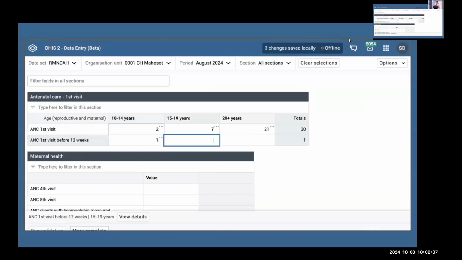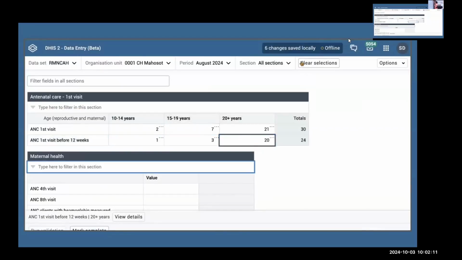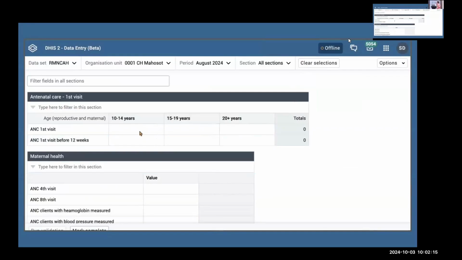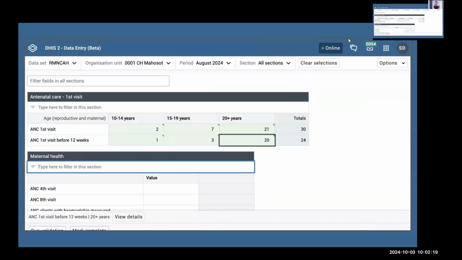So this is the new data entry app, and things look a little bit differently here. So I'm offline here. You get a little indicator at the top that you're offline, and it's entering data here. And it'll just save that same way locally on your system. And when you get online, it just uploads the data automatically. So there's no action you need to take. It just gets synced. So I move from offline to online, the little indicator there, and then the data gets